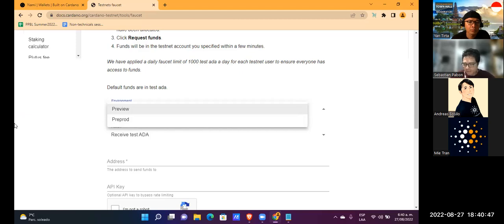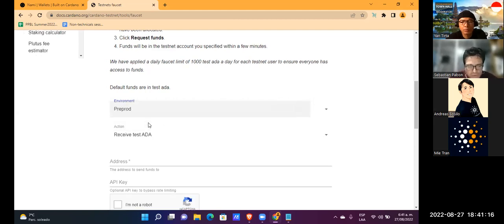But as I said before, we suffered some changes with this whole Basil Hartford situation, and at this point we have two testnets. The testnet that is similar to the previous testnet is this pre-prod, pre-production.